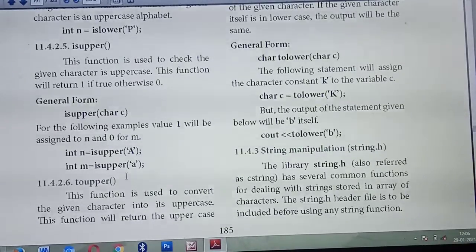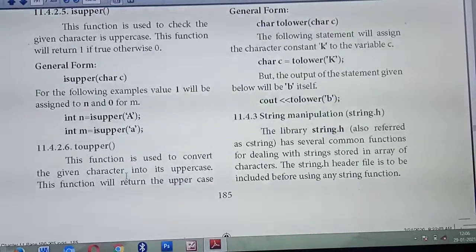Okay. So the next function is toupper. To upper, to lower, these are mainly used to convert from one thing to another. So the name itself has upper. This function is mainly used to convert from lowercase letters to uppercase letters. Understood? You are entering some words.